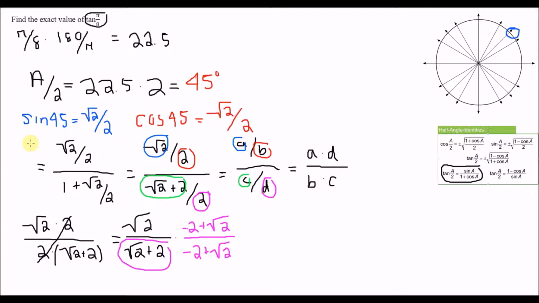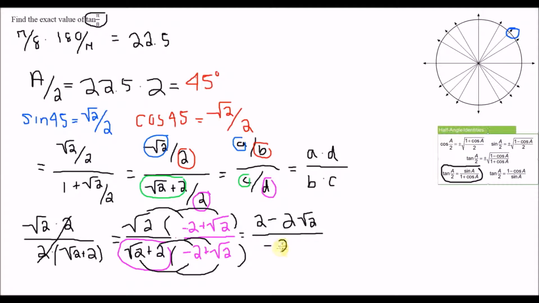Okie dokie. And that equals a lot bigger thing, but I'm just going to set it up right here. You just distribute all that, multiply, blah blah blah. Everyone knows how to multiply. All you have to do is multiply, and you should come up with 2 minus 2 square root 2 over